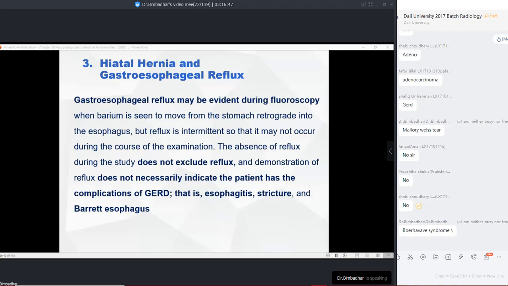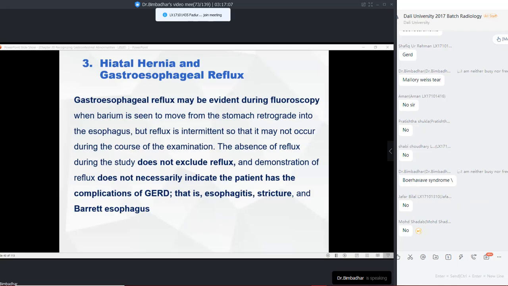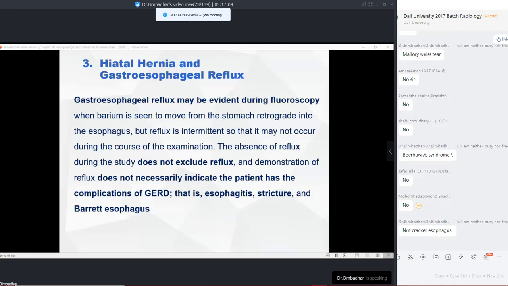Then, do you know about nutcracker esophagus? Maybe tomorrow, before you come to the next session, try to find out